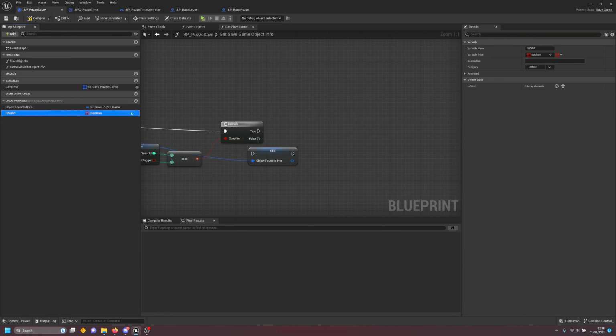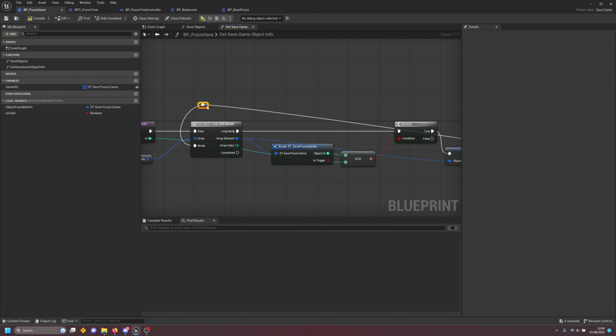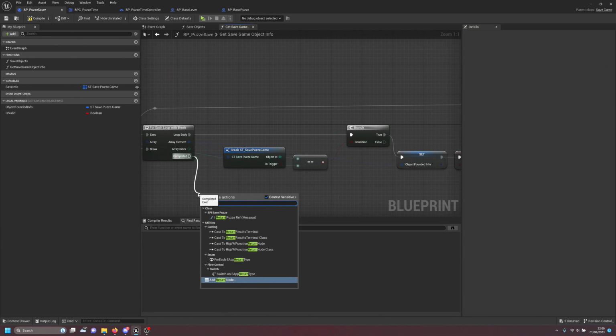Make sure that is valid is a single, not an array. So if it's valid, we're going to set this to true, and we're also going to set the object founded info. Then we are going to loop this back and say break. So it breaks the loop. I'm going to double click in here just so it makes the nodes organized. And then I'm going to return this information